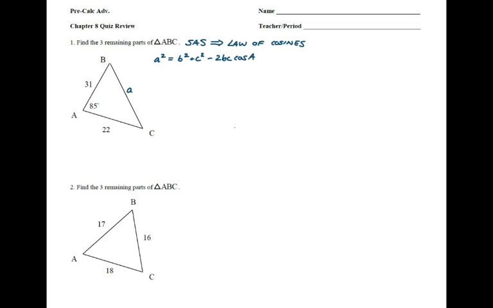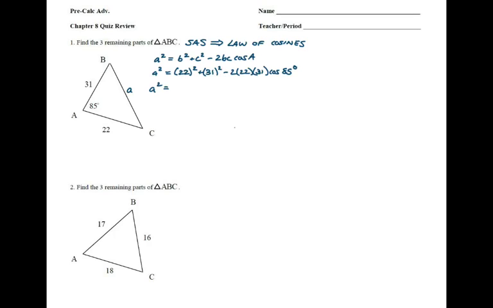So A squared equals the other two sides, B squared plus C squared, minus 2 times BC cosine of A. You'll know if you have this set up right because to find A, I should have both B, C, and the angle A, which I do in this case. So what I'm going to do is just put the information in that I have. So A squared is going to be 22 squared plus 31 squared minus 2 times 22 times 31 cosine of